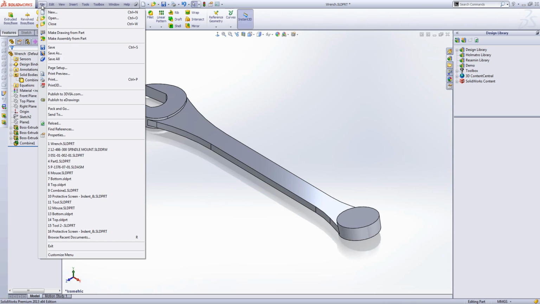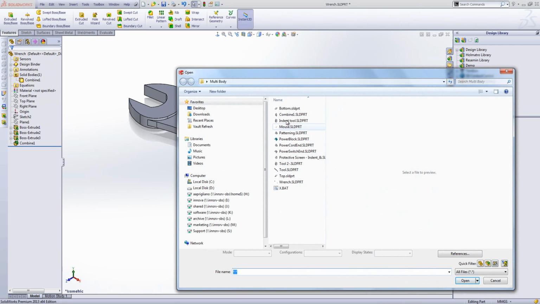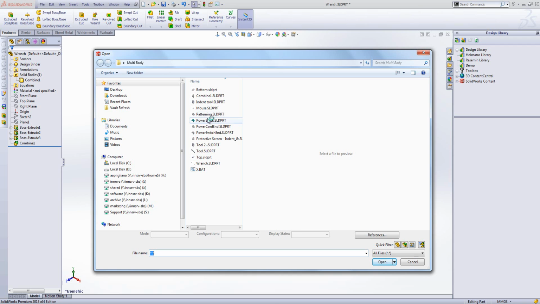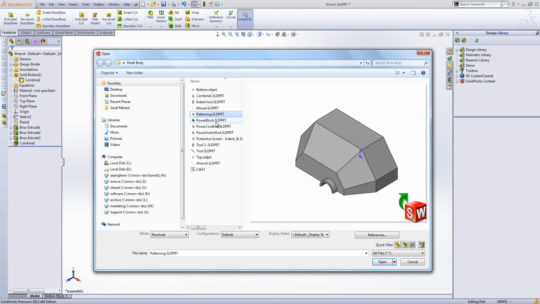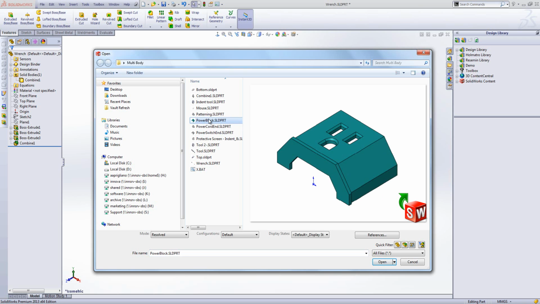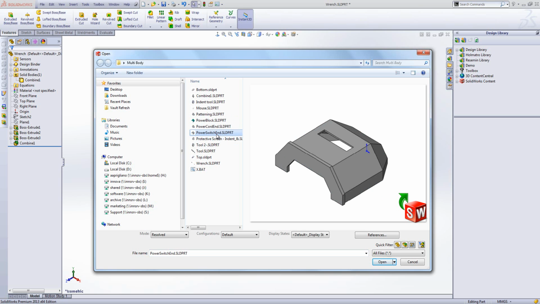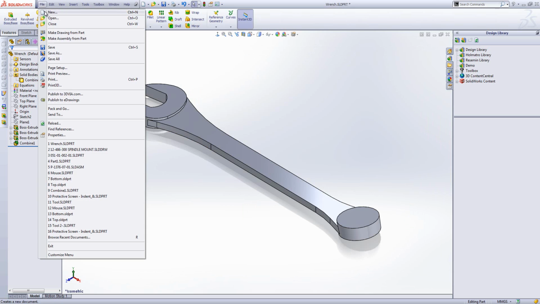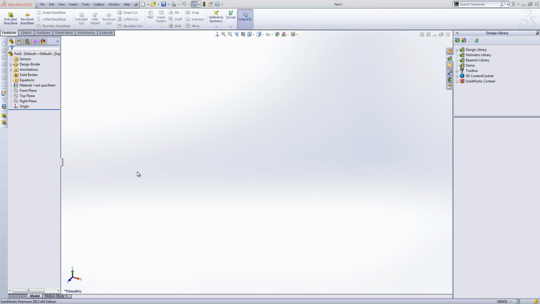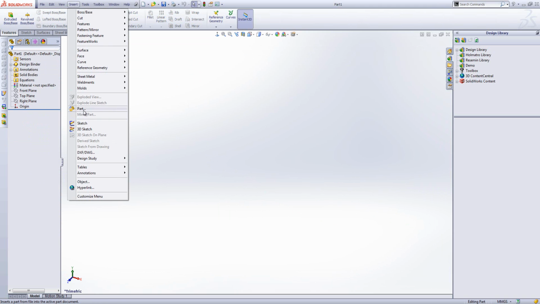We'll have a look at where we can use that. So if I just show you in my open dialog box 3 parts. So we have an extension lead power block, and that is one of the ends for it. And that is the sort of intermediate section, and that is the other end. Okay, now what I'm going to do is I'm going to start a new part file. And you may not know this, but it is actually possible to insert parts into parts. So if we go ahead and just click on Insert Part,